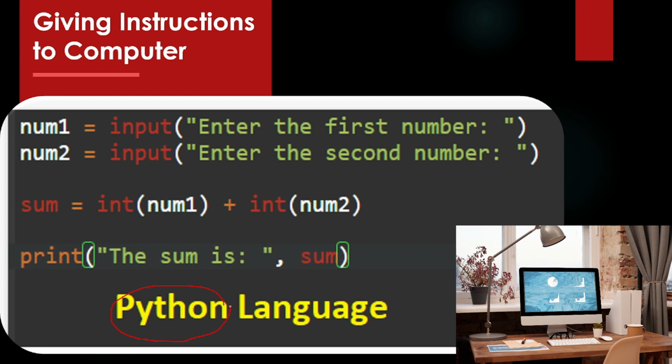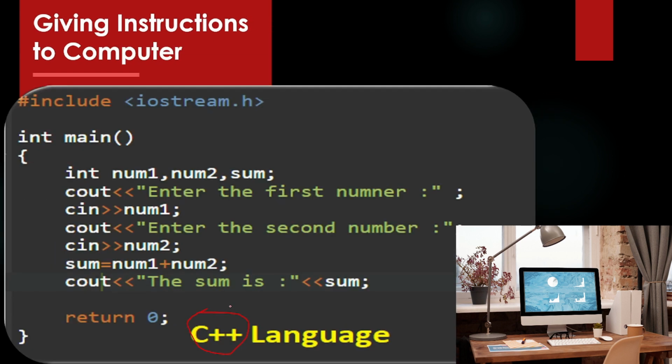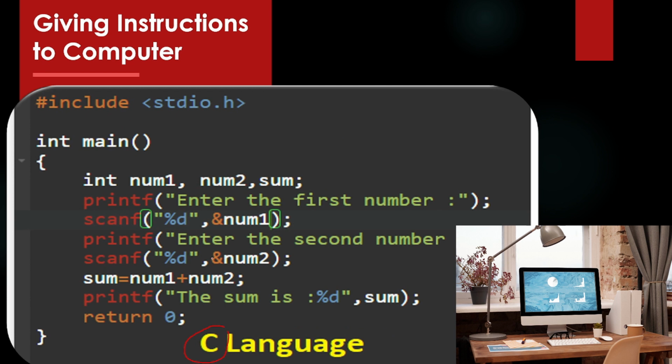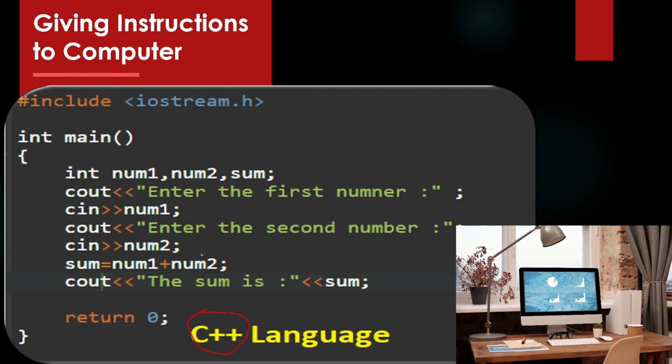These are quite buzzwords for you if you are new. I talked about C, C++, and Python. You can see that I am performing the same task, getting the computer to work on the same task, but in three different ways in three different languages. The question comes to your mind: is it important for us to learn all those languages available? As I said, there are thousands of languages. Is somebody required to learn all of them? Definitely not. Each language has its own feature, its own specialty, so depending on the requirement, you need to learn the languages.